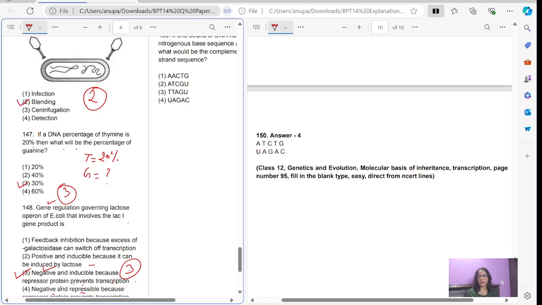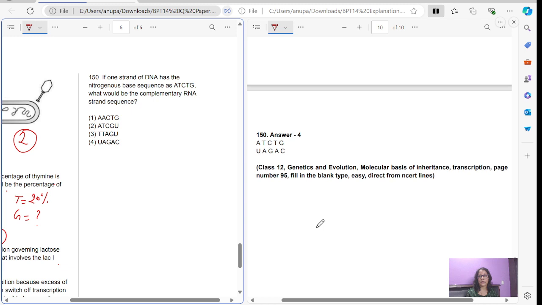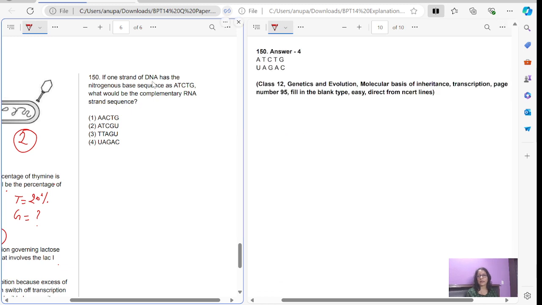Now let's move to the last question of this session, that is question number 150. It states that if one strand of DNA has the nitrogenous base sequence as A, T, C, T, G, what would be the complementary RNA strand sequence? So here in DNA the nitrogenous base sequence is A, T, C, T, and G. So we know that in RNA, in place of T, we have U, that is uracil. So what we will do? We will pair the bases of DNA,